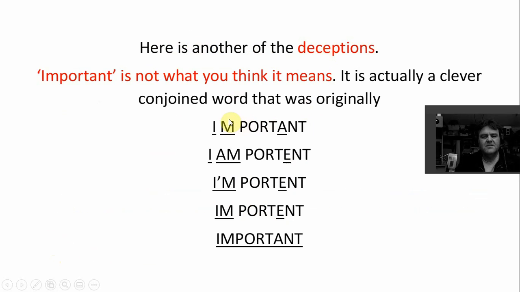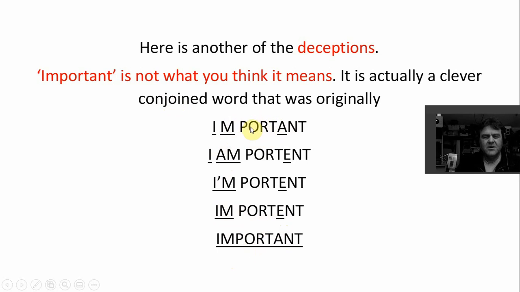Because you think, why wouldn't it be consistent all the way through? I understand languages change and evolve and all that, but it's a fairly important word. So I think it's actually been conjoined, or conjugated, I think is the right description. But I think it was something like this, in reverse, starting at what we have down here, and the E was lost. But it's just so similar to I'm that I just thought, well, maybe I'm a message,